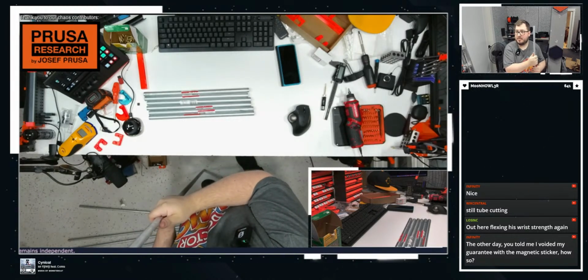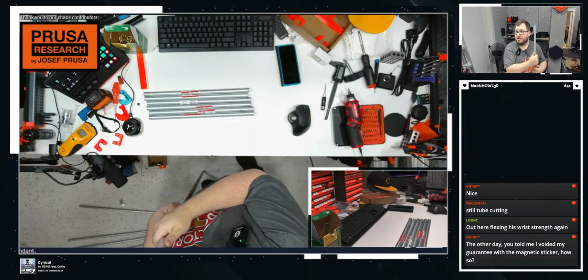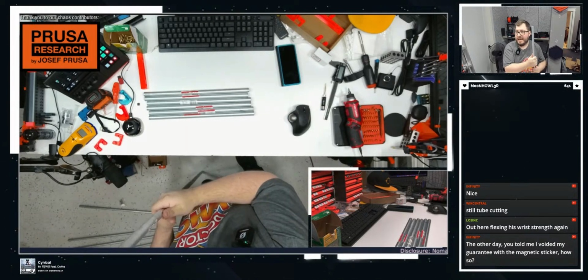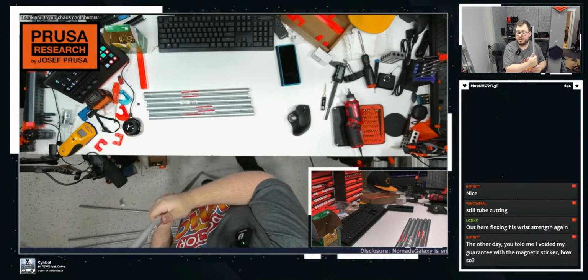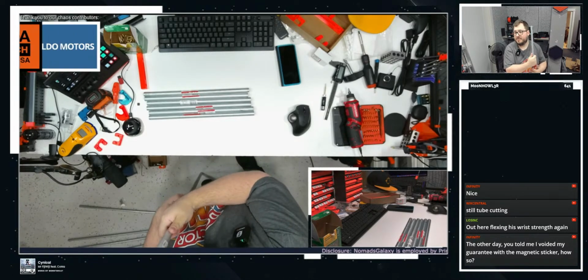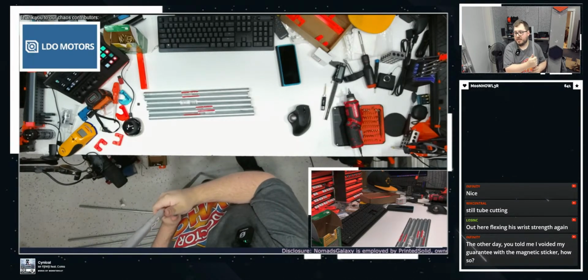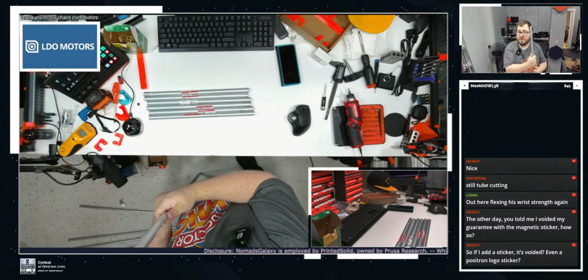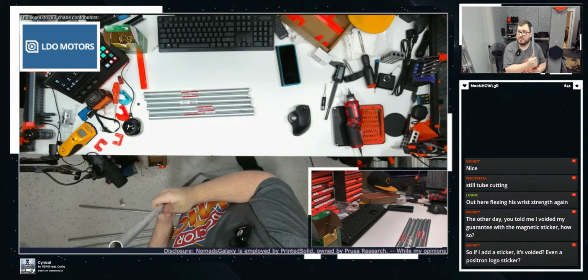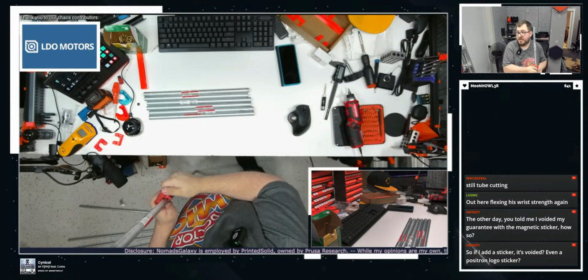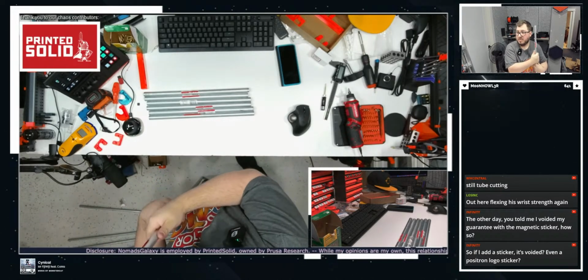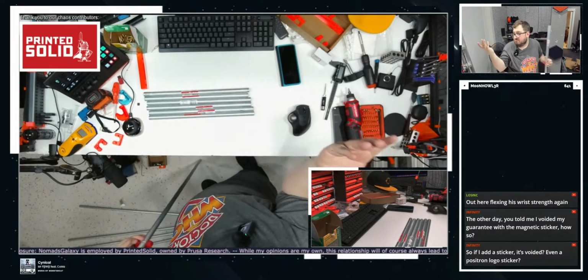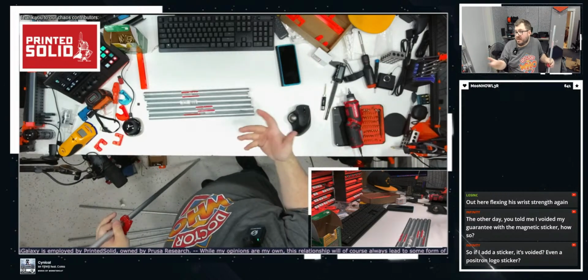We cannot at all tell you, like, you change the thermal properties of the bed. That's just the fact. By adding a magnetic sticker to the bed, you change the thermal properties, and it no longer behaves the way that we anticipated. If you add a Positron logo sticker, you are putting something on the ITO coating that is not designed to be there. You modify the bed. I warned you. I told you this before you did it. So, like, yeah, don't modify the bed.